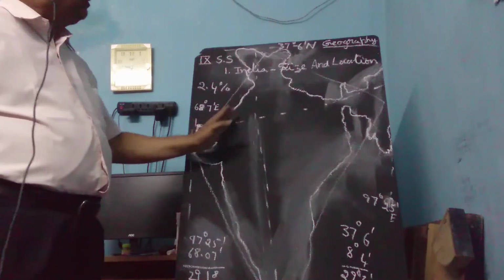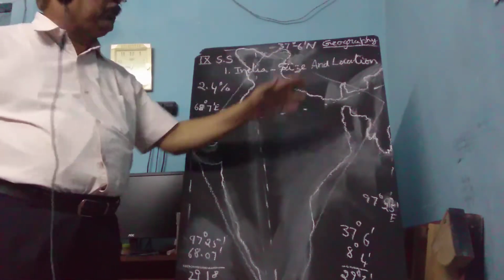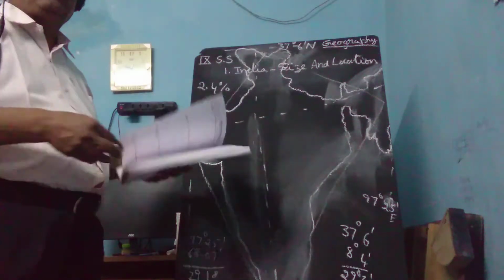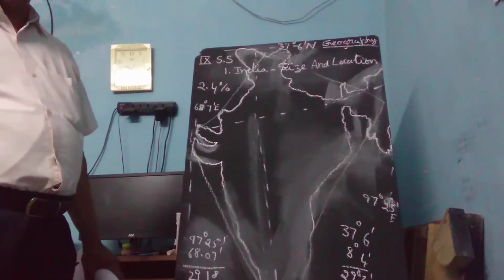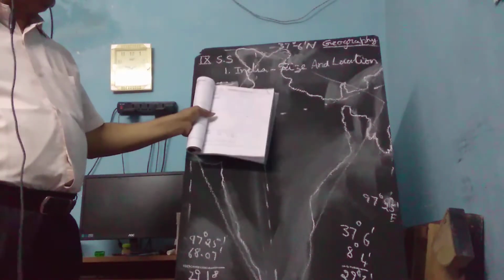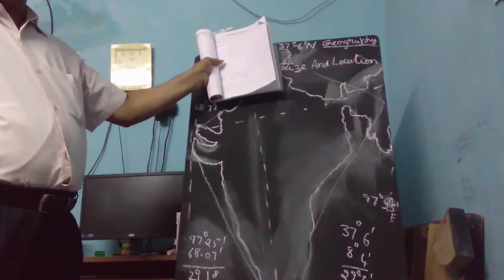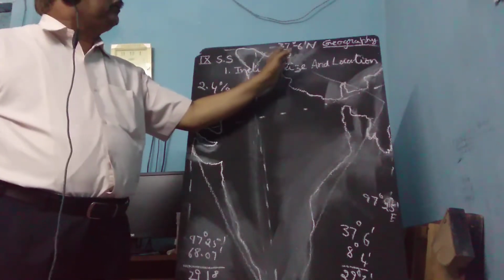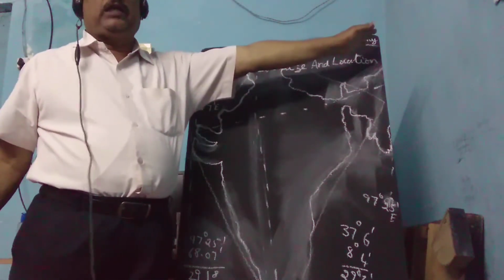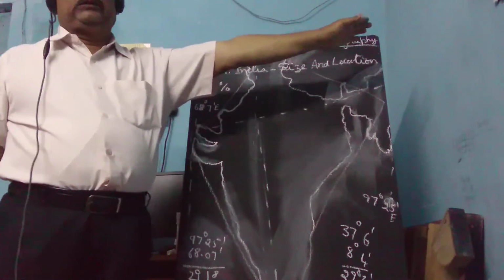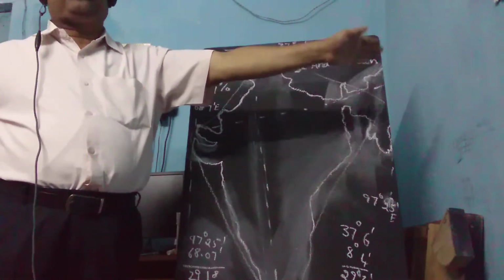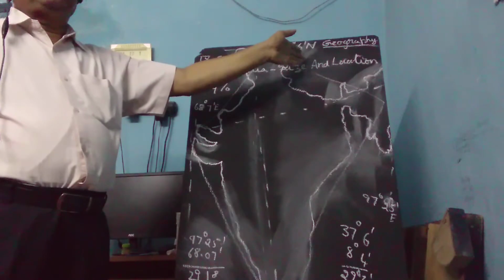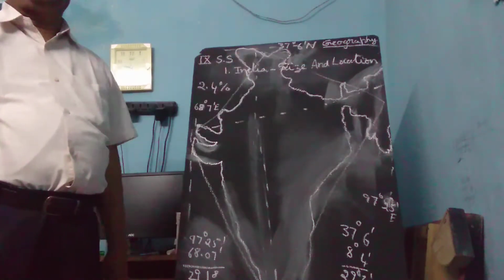So this is all the land boundary. What is the length of this land boundary? That is 15,200 kilometers. Very lengthy. So it has land connection with world countries. If you travel from here to the east, you can go to China, Japan, Malaysia, Indonesia, next Mongolia. Such countries you can reach.